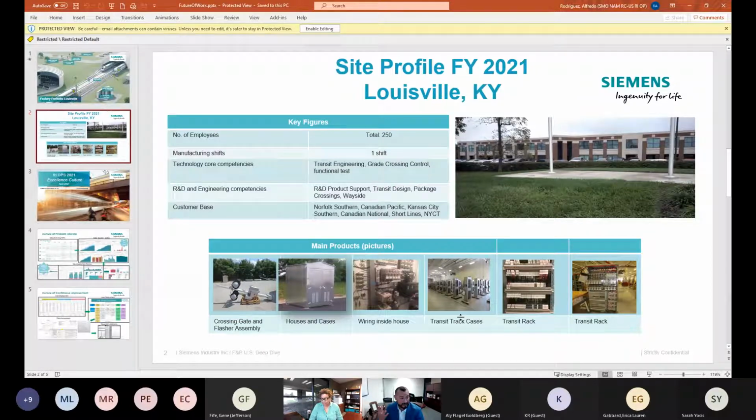A little bit about myself, I forgot to mention, I'm Alfredo Rodriquez. I'm the head of operations. In a nutshell, my job is to ensure the safety and well-being of our employees while ensuring customer satisfaction by delivering products on time, on quality, and at our cost to our customer base. My purpose is more specifically to develop people, create flow, and relentlessly eliminate waste. I'll pass it over to